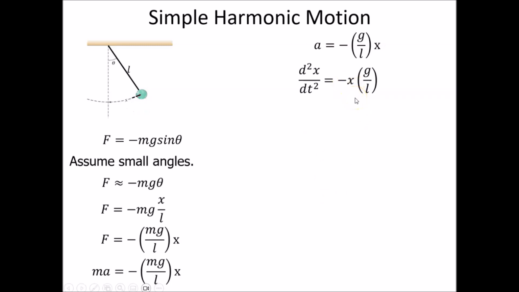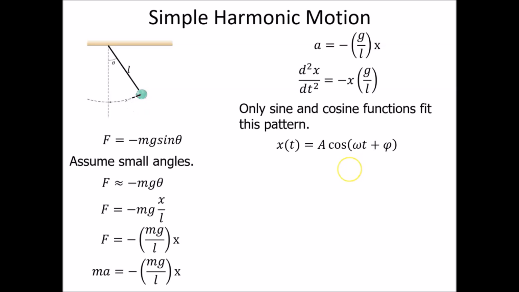Well, there's only two functions like that we know of in calculus, and those are sine and cosine. So let's set x equal to some generic cosine function. I'm going to say A is the amplitude. Again, I'm just making up a generic cosine function. I could have chosen sine, but let's say this cosine curve has some amplitude A, and it has